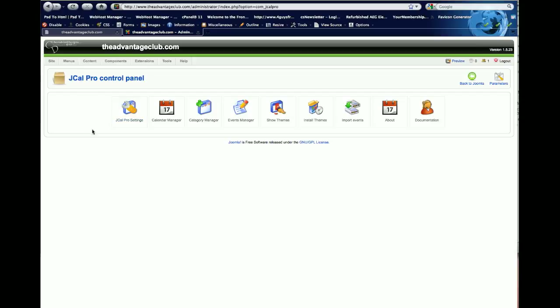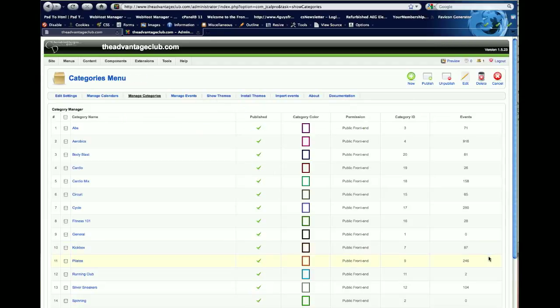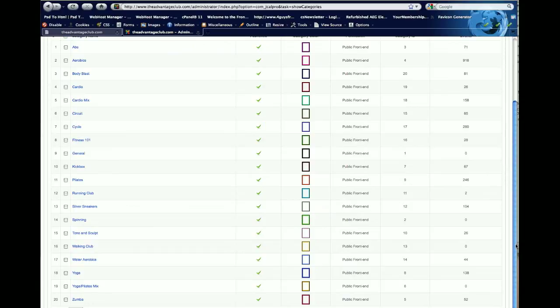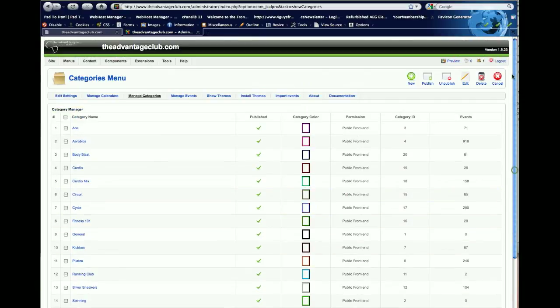And what we're first going to do is look at the categories. Make sure all the categories are what you want. And I would eventually eliminate ones that you don't use anymore. The only problem is what you'll want to do. What I think is probably going to be the easiest thing for you to do is